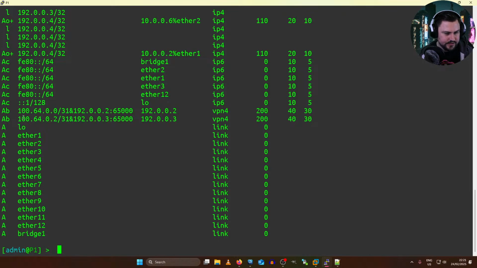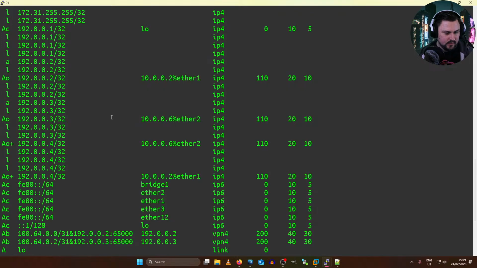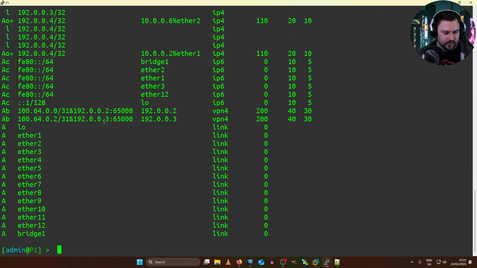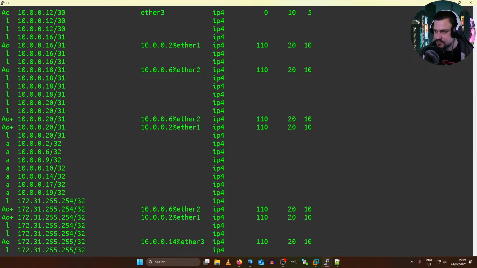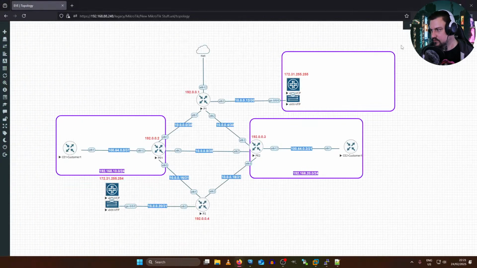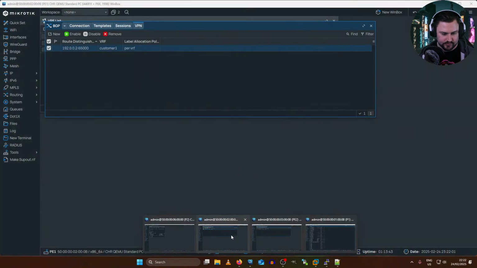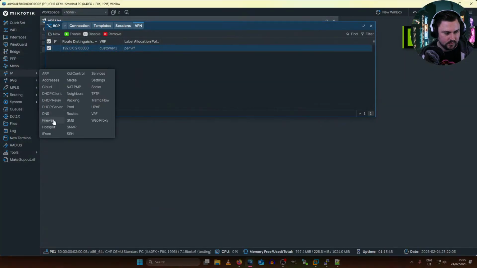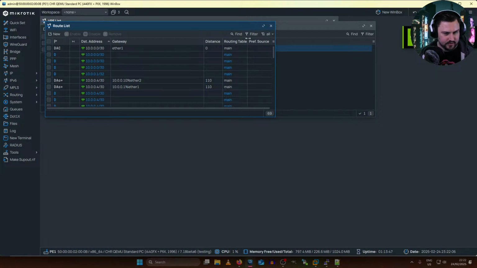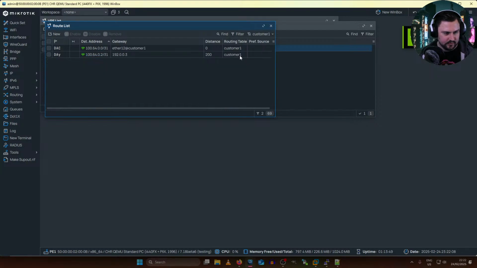So now the question is, is the remote node actually learning it? And we should actually see it as a copy route. So let me see if I go onto the PE1 or 2. If I look at my routes here and I go to that customer's routing table, I do see it. So that is pretty neat. That is expected, actually. That is what should happen.